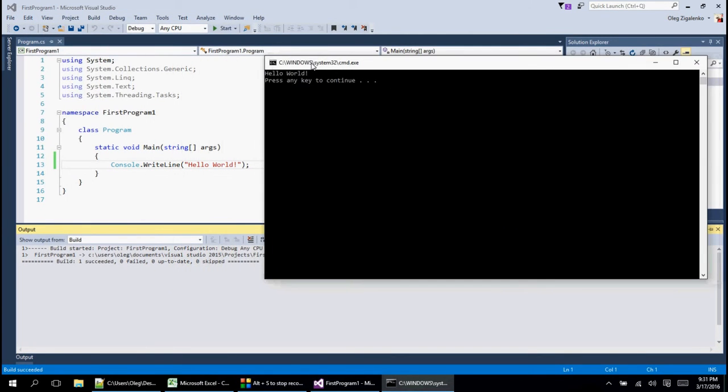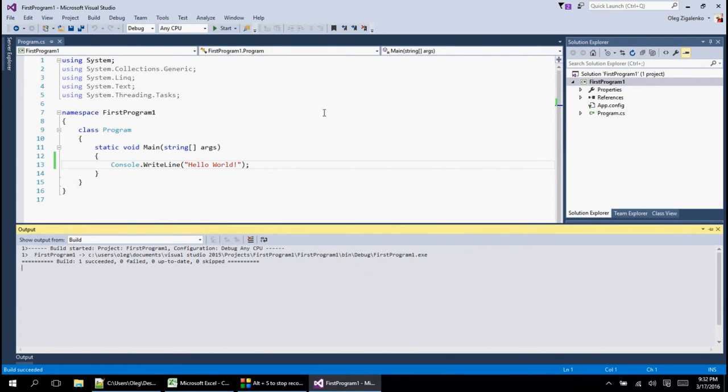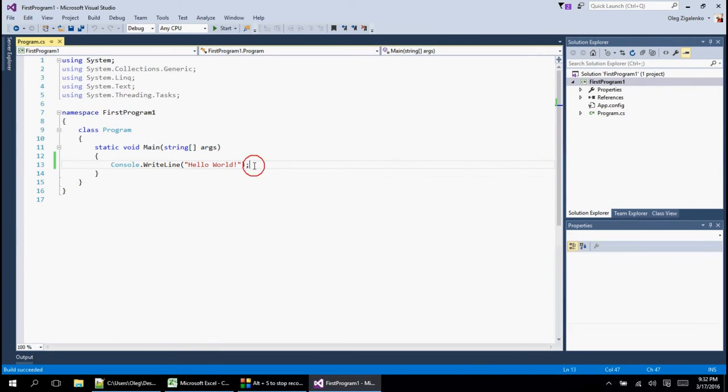And look at that, beautiful hello world, exactly what we typed in here. Okay, and it says press any key to continue, and we can just press the space button and it disappeared. Okay, so before we move on to the next tutorial, here I want to point out basically two things,